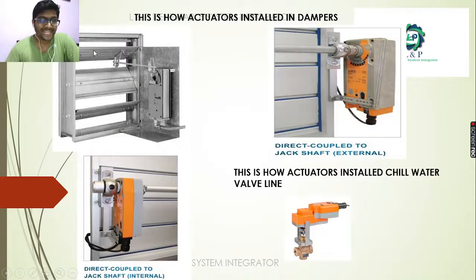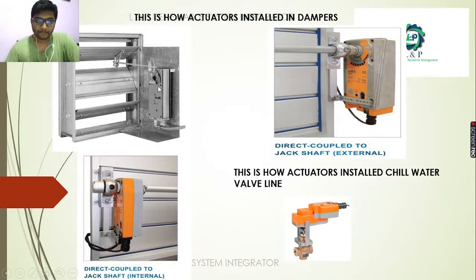In order to control the damper operation, we are using a very important device called actuators. We can install these actuators in different ways. This is how the actuators will look. There are so many actuators which have different methods of operation. The operating voltage for the damper actuator will be 24 volt, and there are certain actuators we can operate at 230 volt also. But its control voltage is 2 to 10 volt. For example, these might be wired to the PLCs, on the analog output side and analog input side of the PLCs.